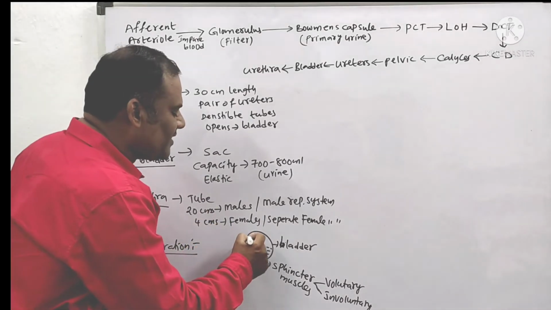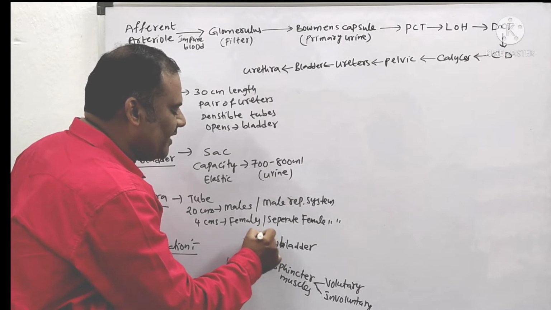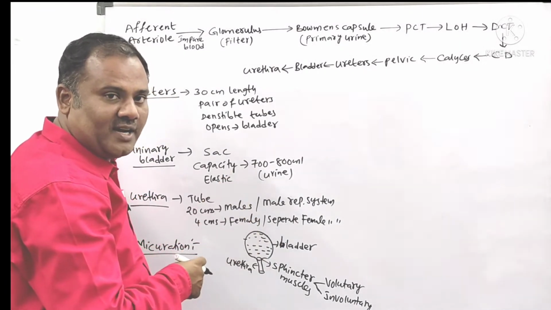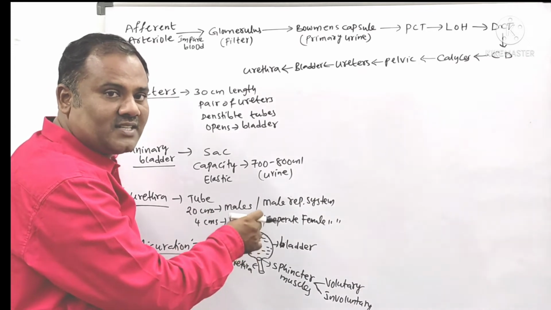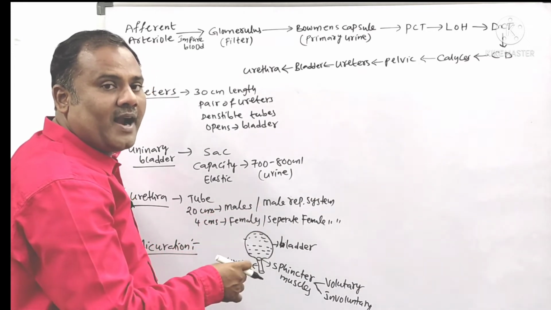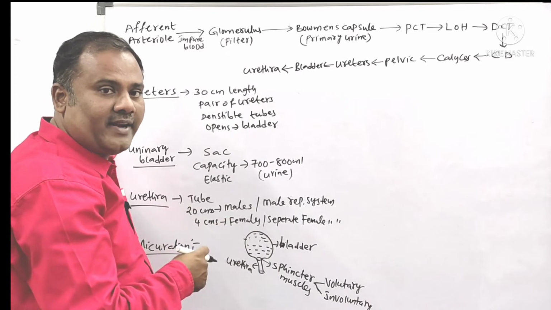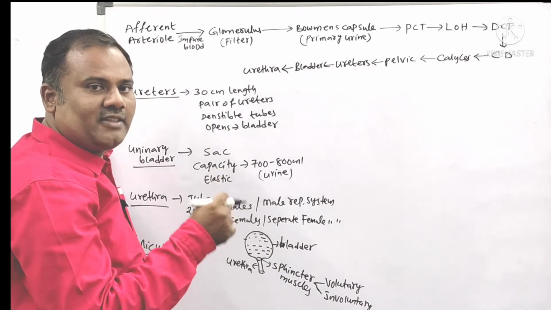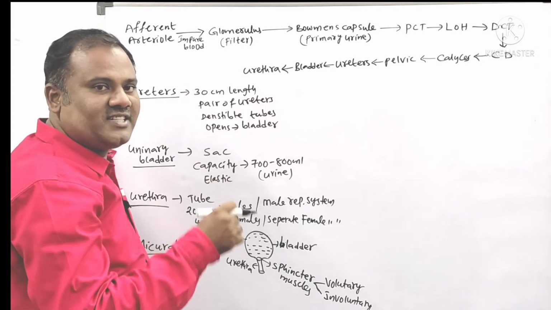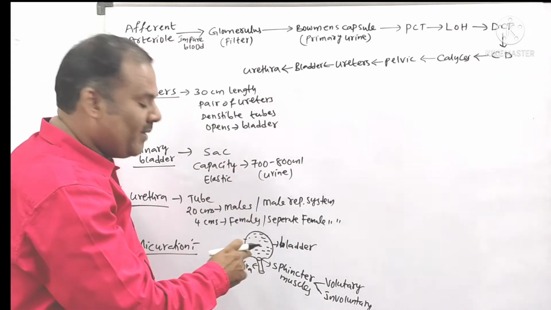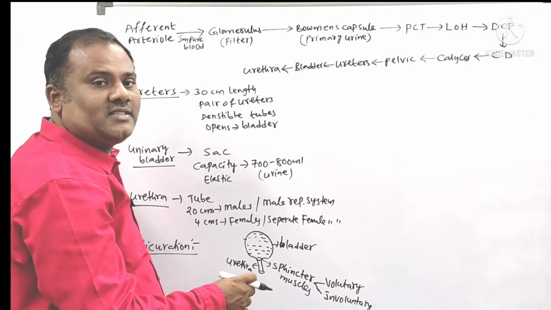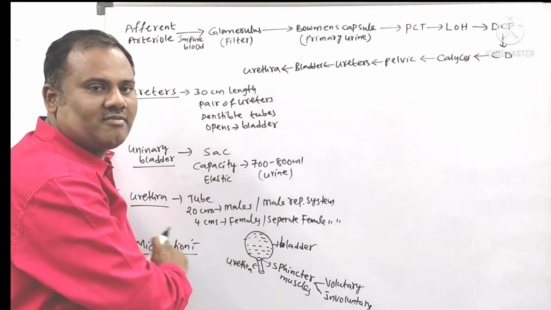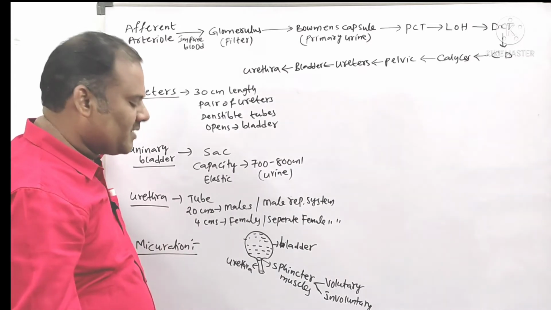But when a total of 700 ml is filled in the urinary bladder, what will happen? Pressure develops in the urinary bladder, and thereby the receptor cells present in the bladder give signals to the brain that the urinary bladder has been filled up. Then the brain sends reflexes, which are not under our control, and the brain gives the indication for the voluntary muscles also to contract, and thereby we go for the process of what? Maturation.